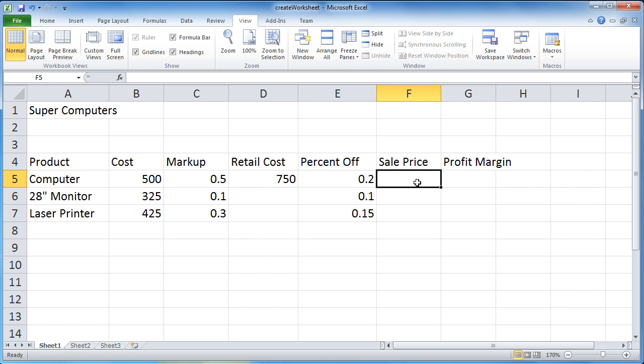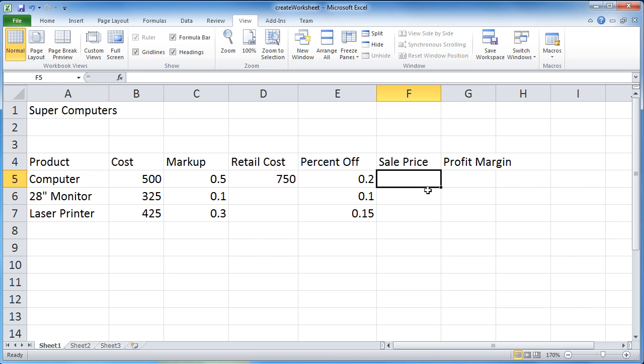Let's figure out what the formula needs to be for the sale price. So the sale price is also going to be a calculated field. And the way I'm going to calculate that is I'm going to take that retail cost and I'm going to subtract the retail cost times the percent off.